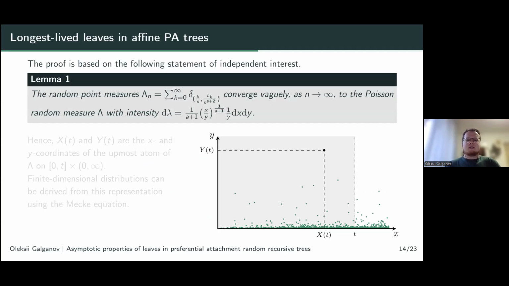If we have a sequence of random point measures on a plane, where for each vertex we have its lifetime, we scale the number of the vertex by dividing it by n, and we scale the lifetime by dividing it by n to the power of a plus 2. And we remind you that a is the number we have in the preferential attachment function,